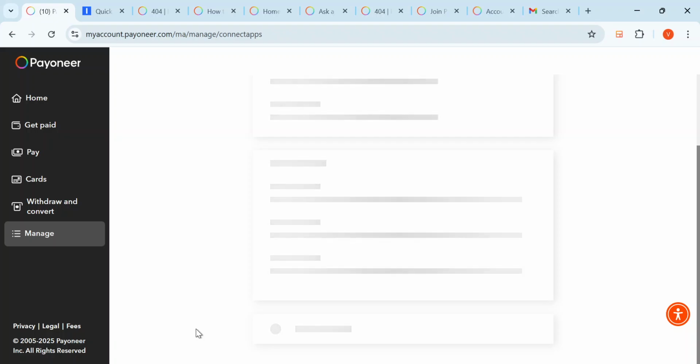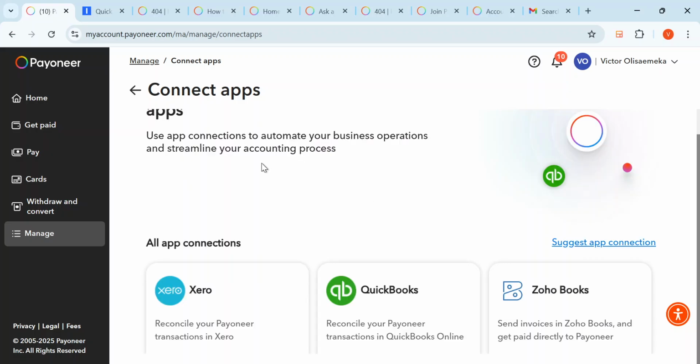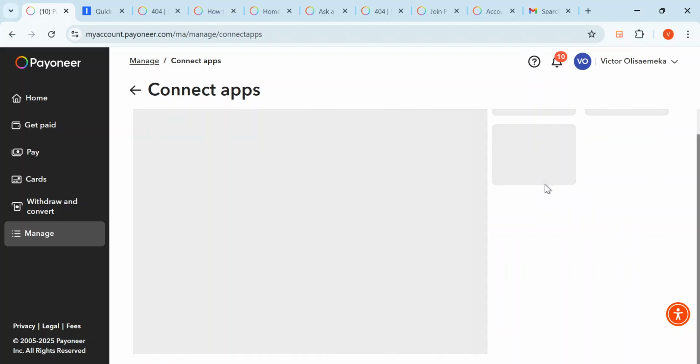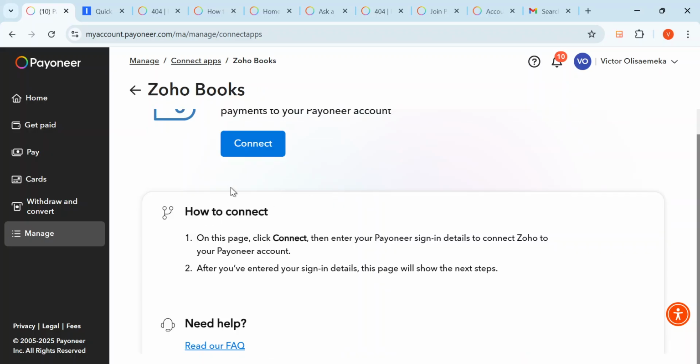Now on the connect apps page, you'd find four types of apps to choose from: Xero, QuickBooks, Zoho Books, or NetSuite. Since we want to connect Zoho Books, click on Zoho Books, and a new page should come up where we can just click on connect,